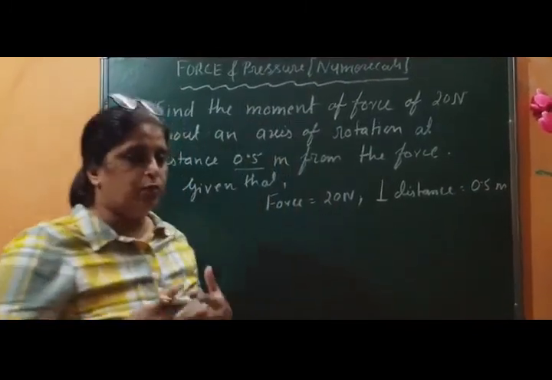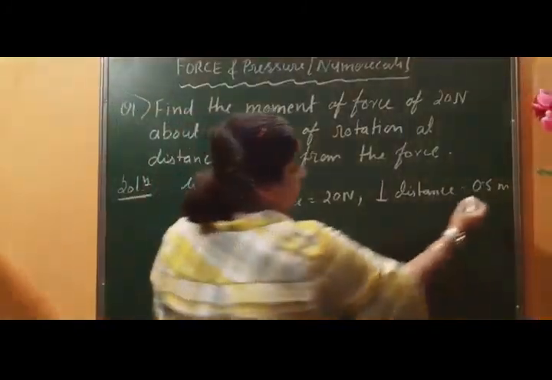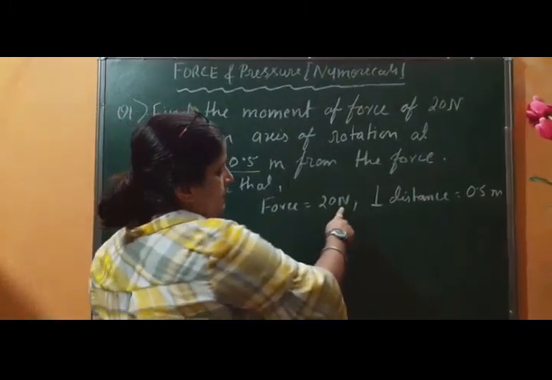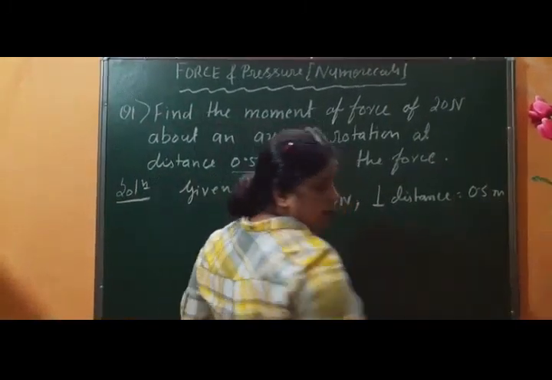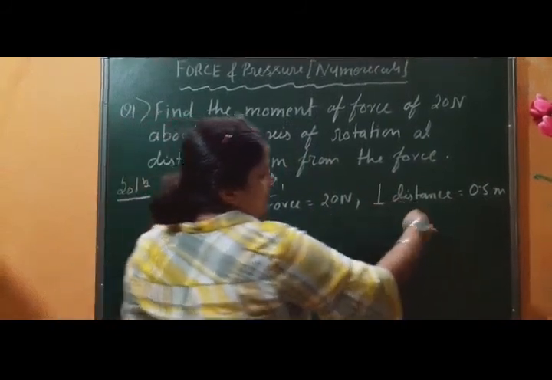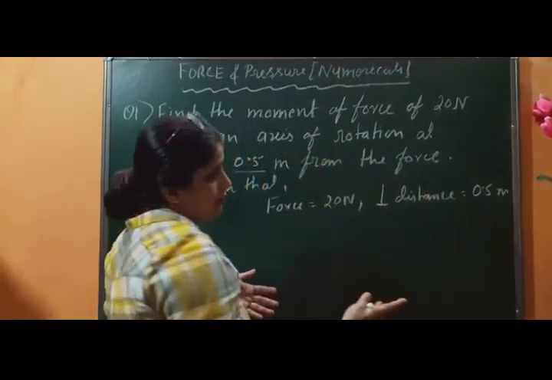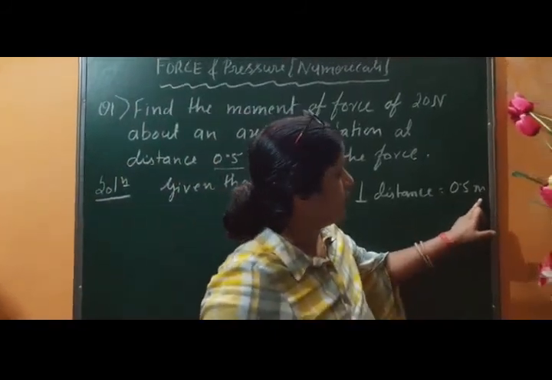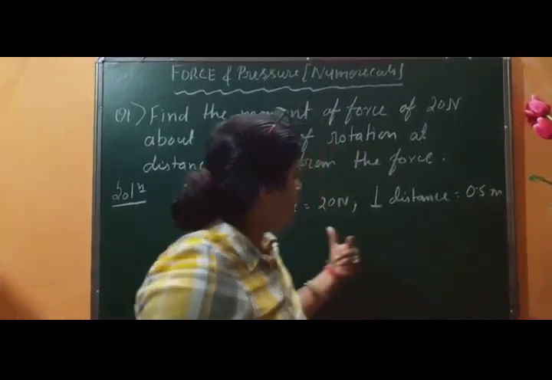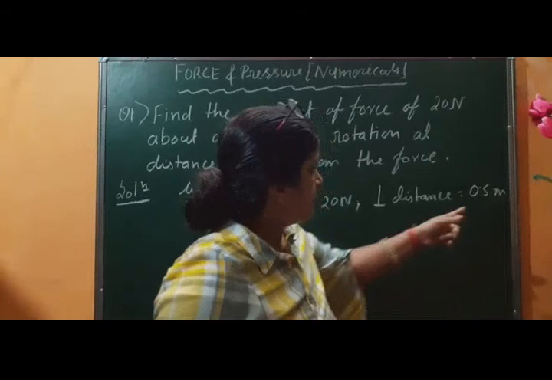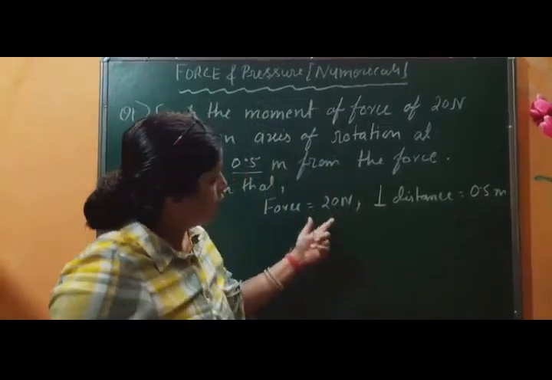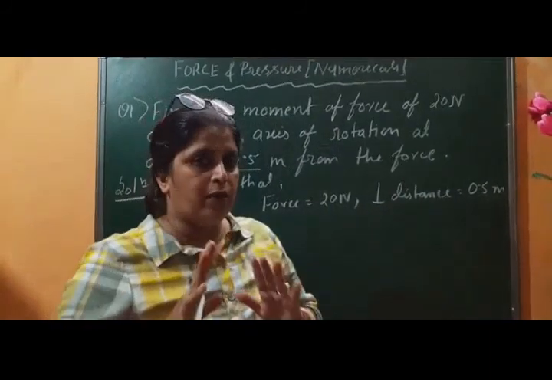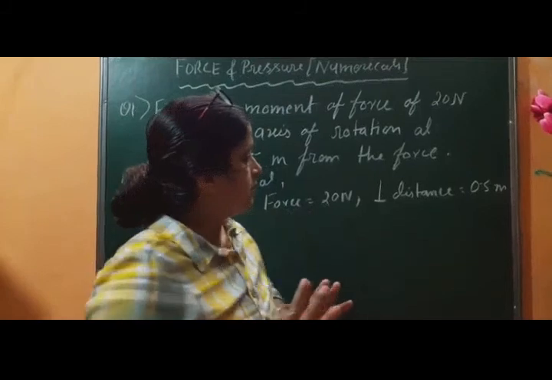One thing we have to note down here very carefully is that the unit must be either in SI or in CGS. Here it is in Newton, so the distance must be in meter. Fine, children? If it is given in dyne, the distance must be in centimeter, so that the answer will be in CGS unit. If it is given in Newton and the distance is in centimeter, then convert the centimeter into meter, and both will become SI units. Or if it is in centimeter and the force is in Newton, then convert Newton into dyne, and both will be in the CGS system. So you have to be careful about the units.